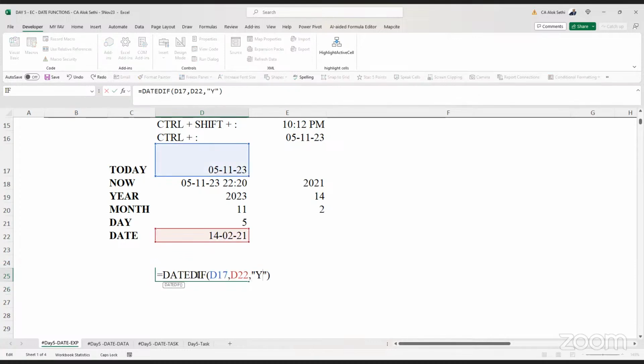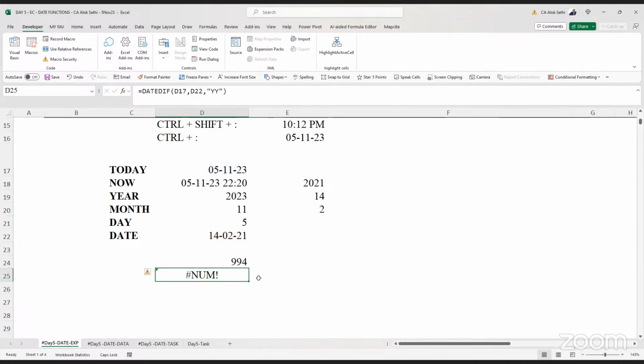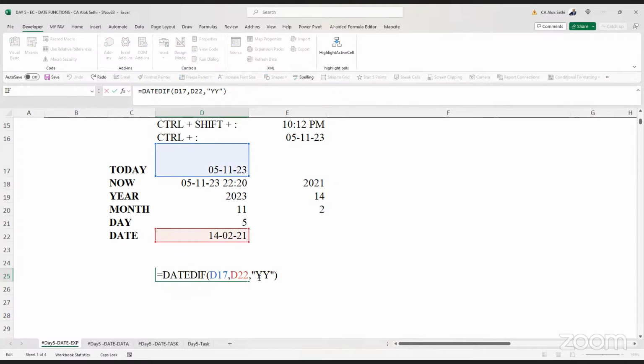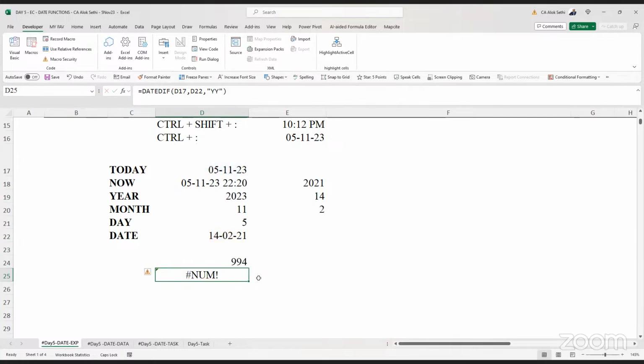सर DATEDIF में जो फर्स्ट डेट है ना वो लेटर होना चाहिए, मीन्स लेटेस्ट होना चाहिए, और उसके जो सेकंड डेट है वो उससे पहले होना चाहिए। वही लिया है तो रिवर्स हो गया तो वर्क नहीं होगा। टुडेज डेट मैंने आज का D17 टुडे का है, और ये उससे पहले वाला है 21 ईयर है। उसके बाद मैंने ईयर लिखा कि ईयर में डिफरेंस निकाल के बताओ। It is not giving me the answer. मंथ किया तो 20 मंथ आ रहा है। DATEDIF में ही लगा रहे हो आप? हाँ हाँ वही sure है। तो ये 365 यूज करें, कोई और यूज कर रहे हो आप? सर मैं 365 में हूँ।